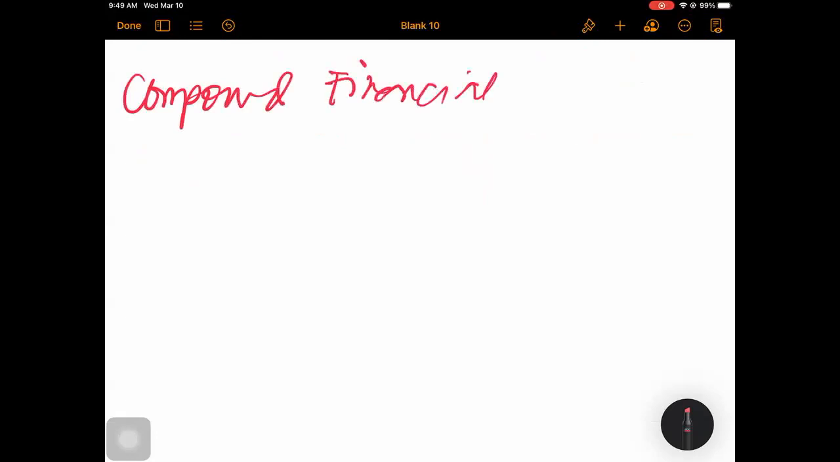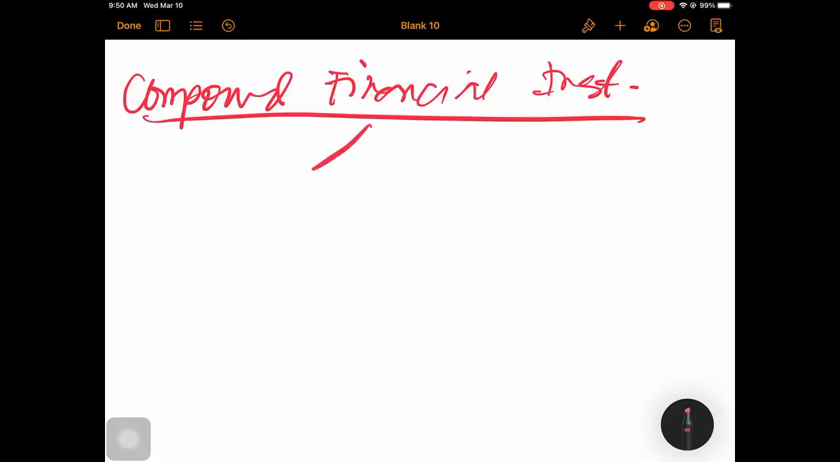Compound financial instrument. According to PAS 32, a compound financial instrument is defined as a financial instrument that contains both a liability and an equity element from the perspective of the issuer. From our perspective as an issuer, a compound financial instrument is composed of both a financial liability,